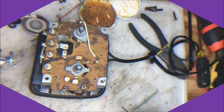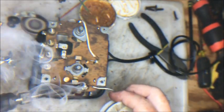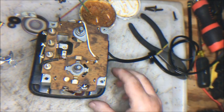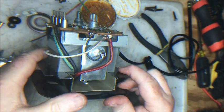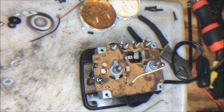Okay, we now have just about everything soldered. We put a little bit of flux on here. Get these back into place. That's good. And that's all the soldering we're doing here, folks. We have the diode soldered to the old hook up there. These two wires have been put back into place. The diode's in place. Now it's time to hook this up and see if we can find a whistle tender